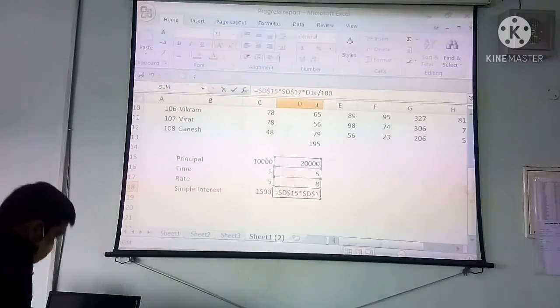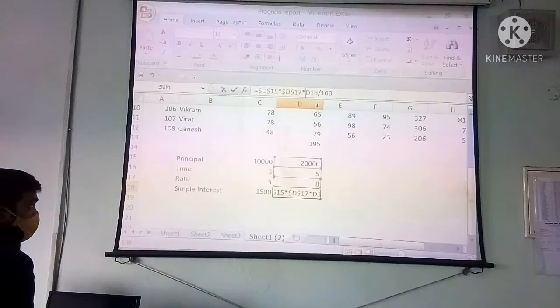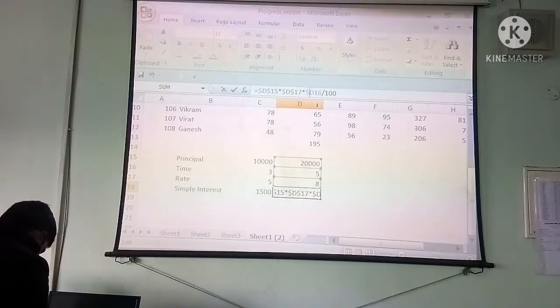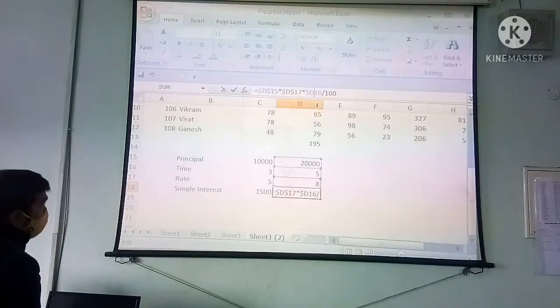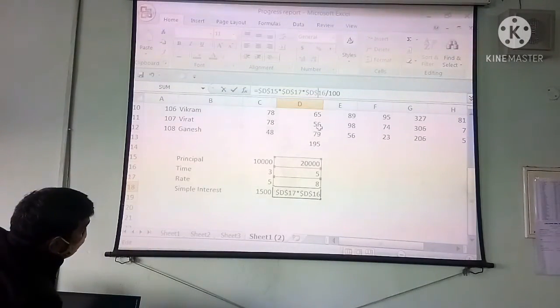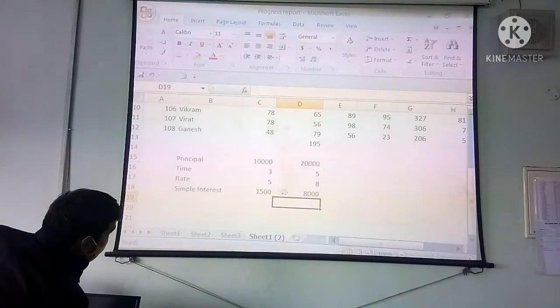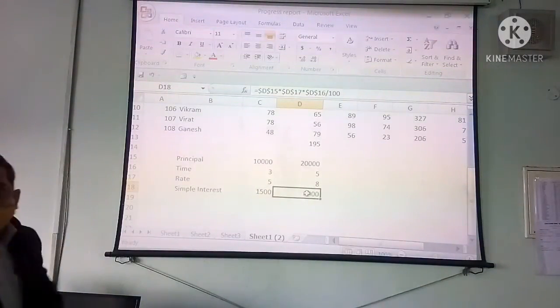After that again dollar D dollar 16. Okay. Now see, this time we have made the formula containing absolute references.